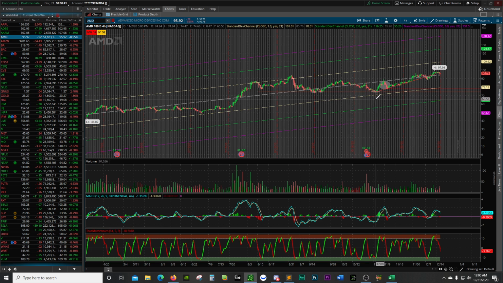I mean, I don't see AMD coming back down to 67. It might, don't get me wrong, but I don't see it happening. I think it stays pretty strong at 74 and a quarter. Looking at my chart, I would enter in at 77.6. I would take a position around there.